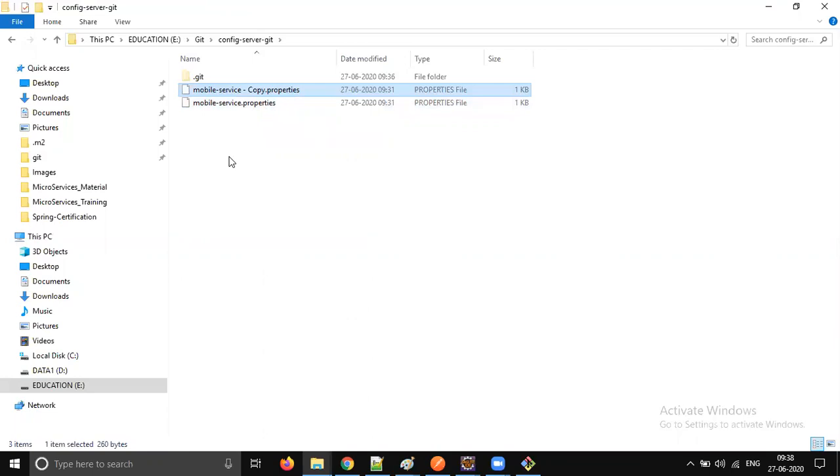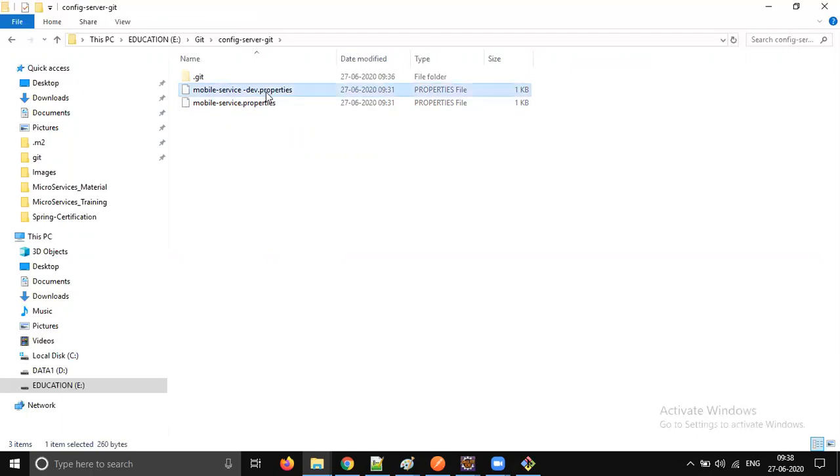If I wanted to connect it to dev, what would my application.properties file be? It will be application-dev.properties, right? And if you would like to connect it to SIT, it will be application-SIT.properties. So the same way, let's do it here. It works just like our external configuration model. So dev.properties.